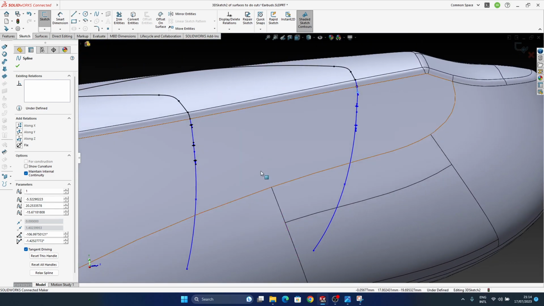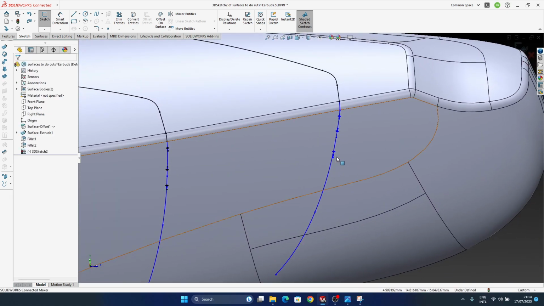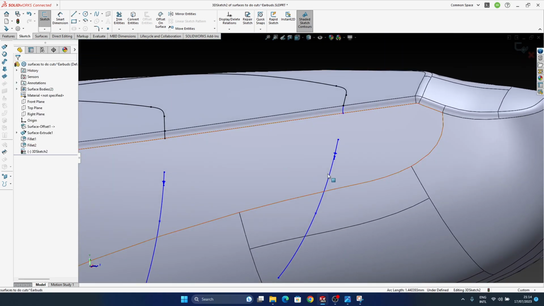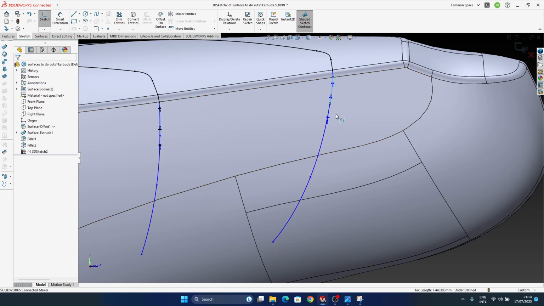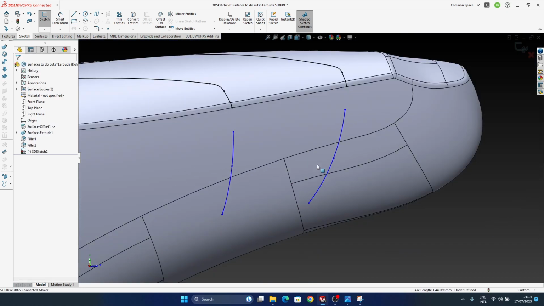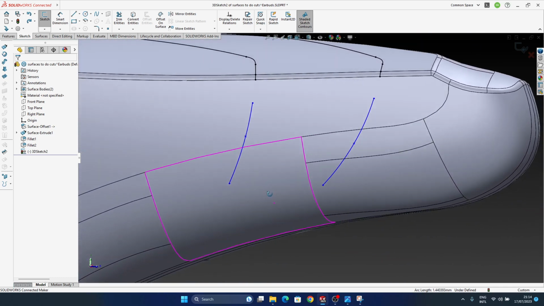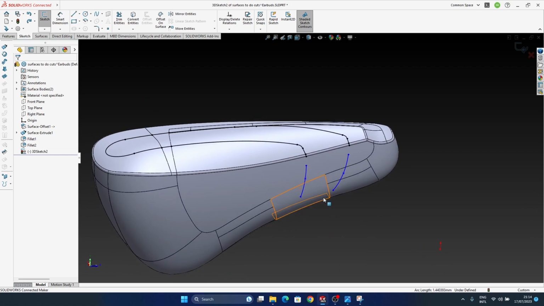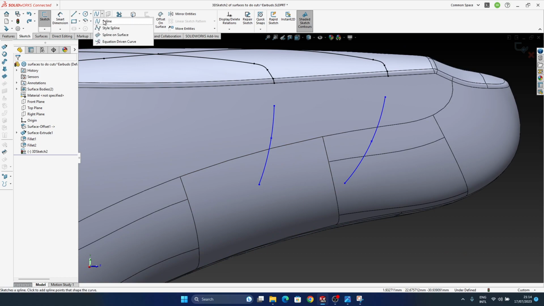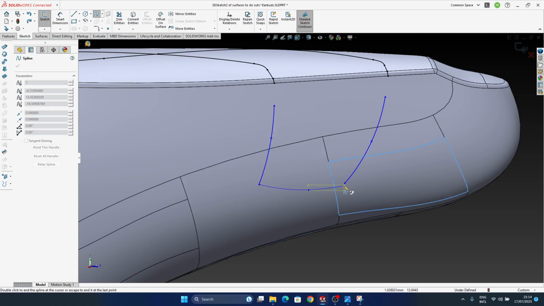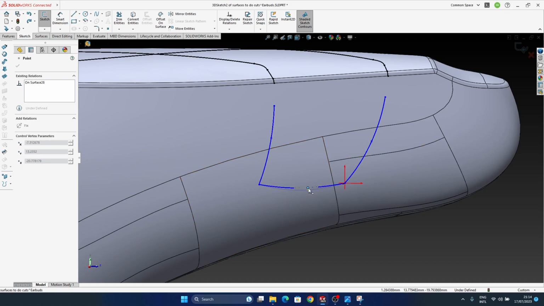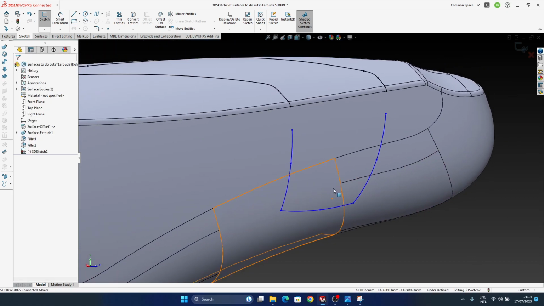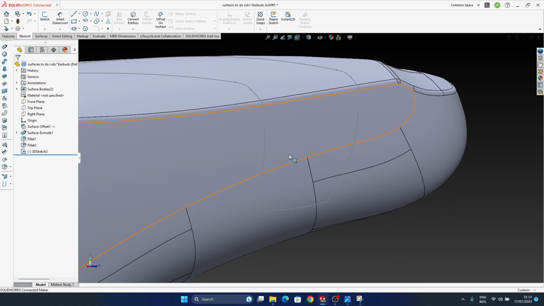Well, it looks like we need to change our strategy a little bit. So what I am going to do instead is delete this. Actually, let's press Ctrl Z so that I remain with the intersections as they were. Okay, something like this, fine. And how do I want to go on this side? I don't know, something like a curve like this, so it is not completely straight, still on the surface. Okay, cool. So I do it like that,